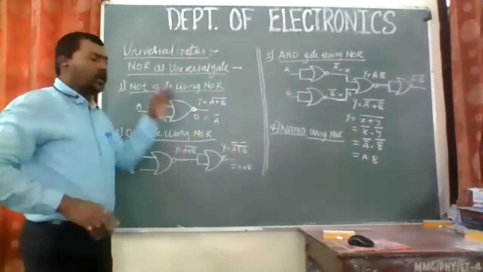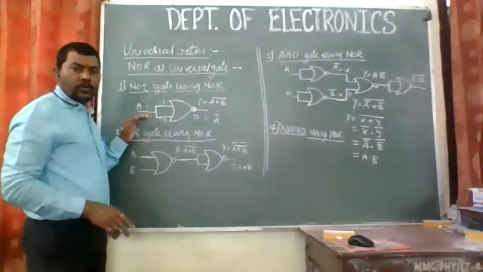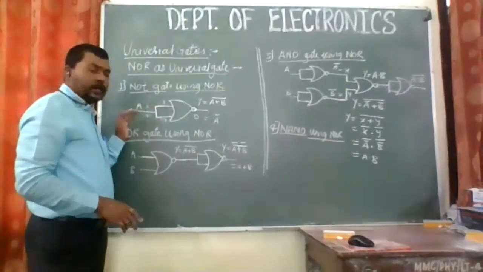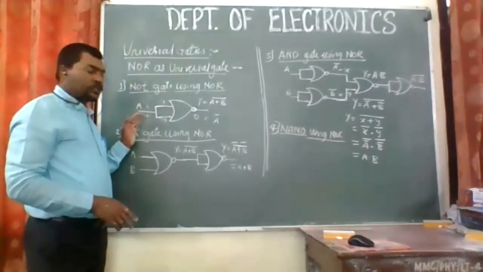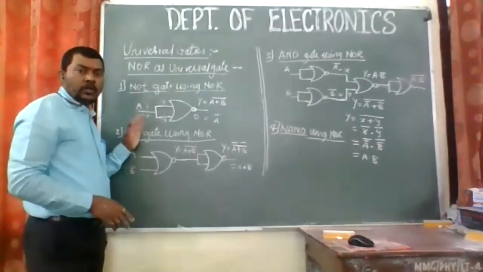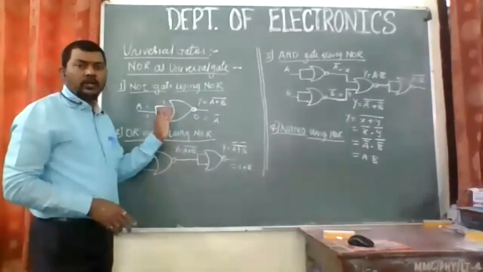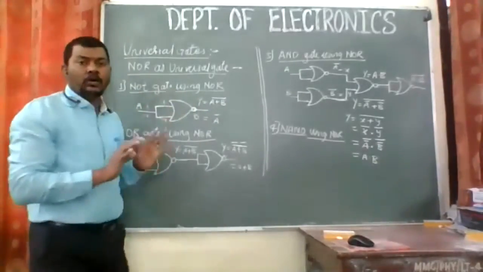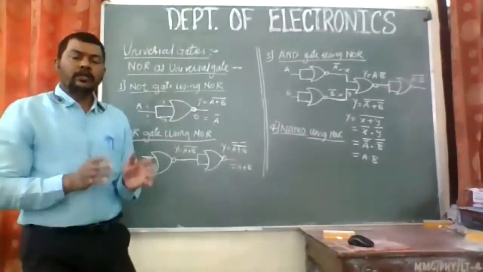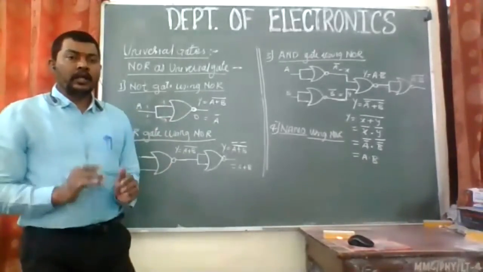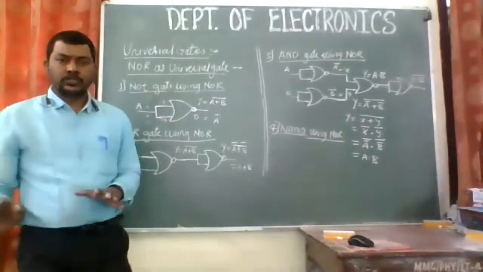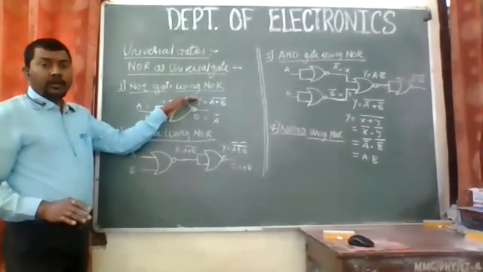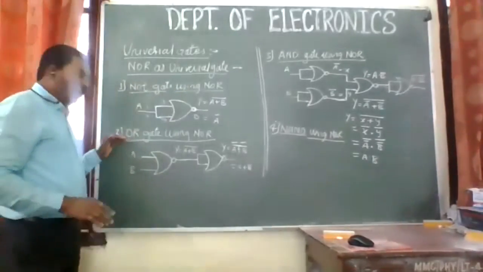NOR gate itself is a NOR gate. One gate is over. NOT gate using NOR gate. How have you made this NOT gate? By joining the two inputs of the NOR gate and making it one, so that any input given to this input will be given to both the inputs, and accordingly we will have the complement of that. So I am taking it as A, and the output will be A complement. So go through the truth table, and if you have 0, the output is 1, and in the last we are having 1, then the output is 0, right? So likewise, this NOT gate can be implemented by using NOR gate.